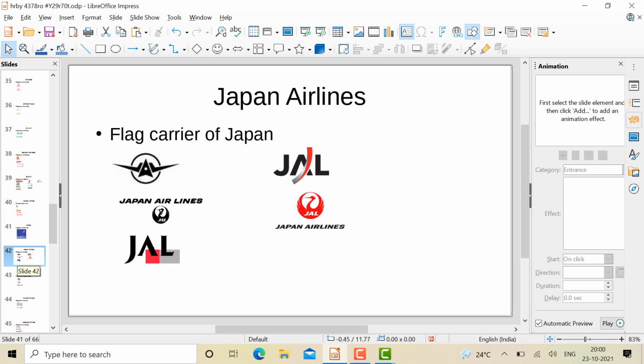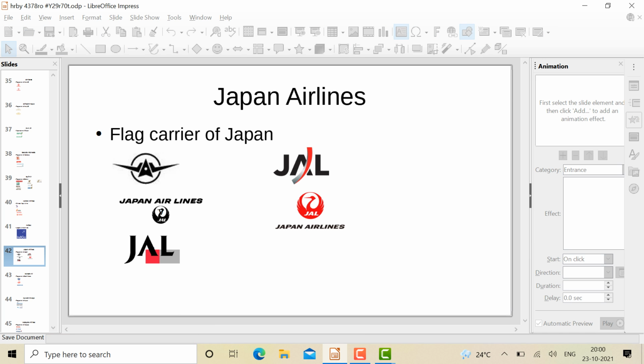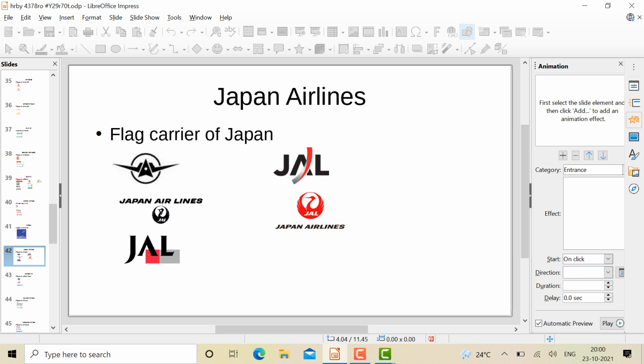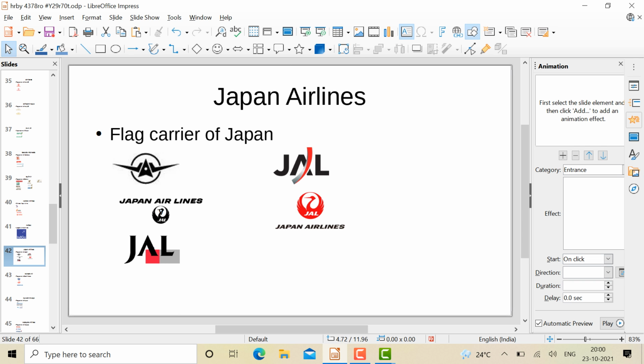And then we have Japan Airlines, which is the flag carrier of Japan. The first logo involved kind of like two wings sticking out of a triangle. I think it's JAL. Then the name Japan Airlines was added in front of what looked like a bird below the name JAL. And then the name JAL appeared again with the bird and the Japan Airlines removed, but a new thing